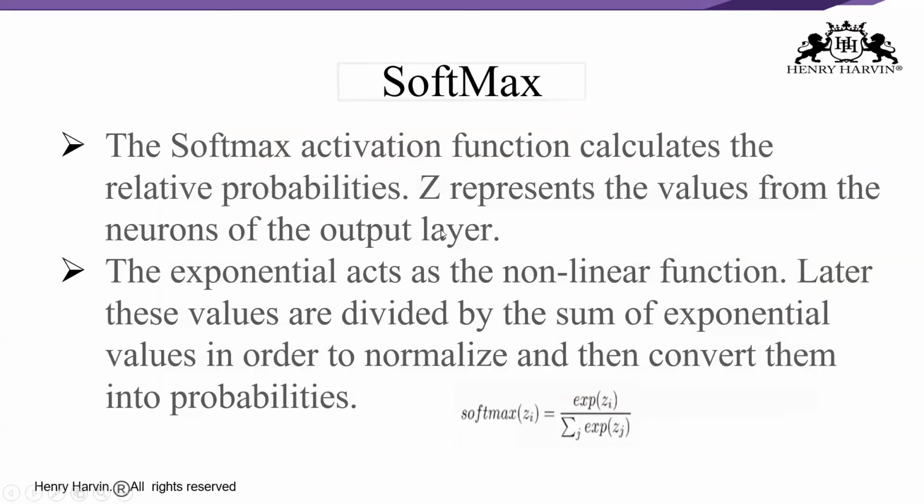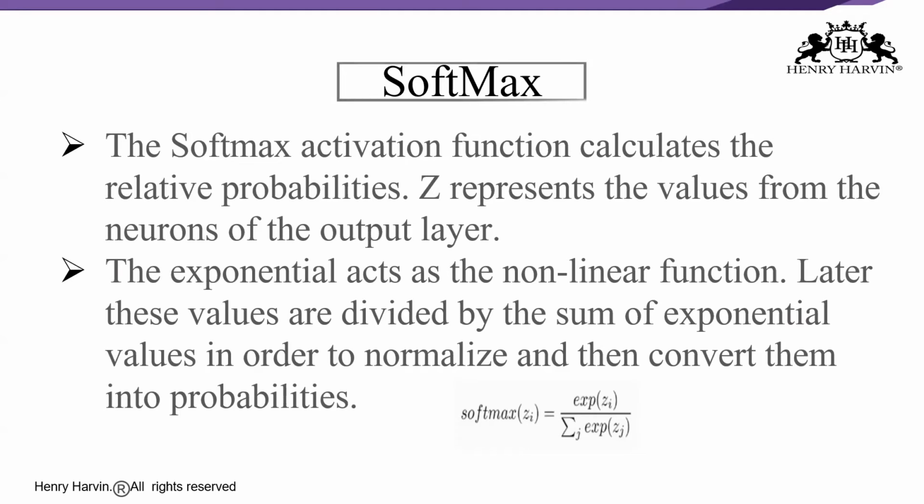So here, instead of using sigmoid, we use the softmax activation function in the output layer in the above example, right? So here what will happen? The softmax activation function will calculate the relative probabilities, right? Say we may be getting three probability scores over here. So let's see how the softmax activation function actually works.